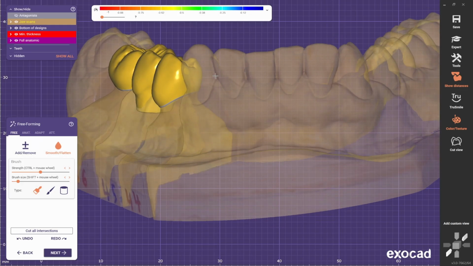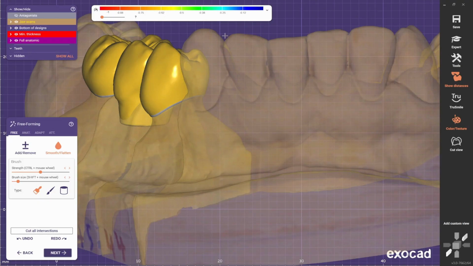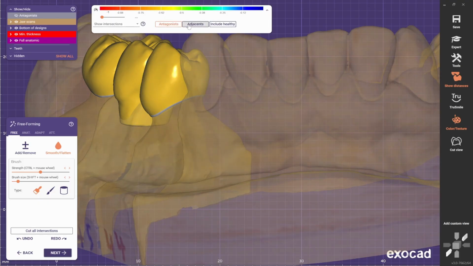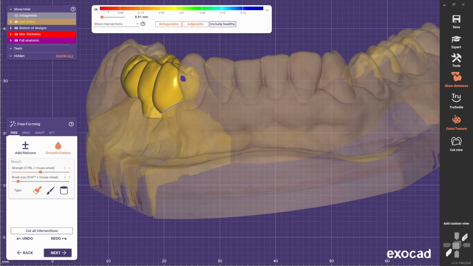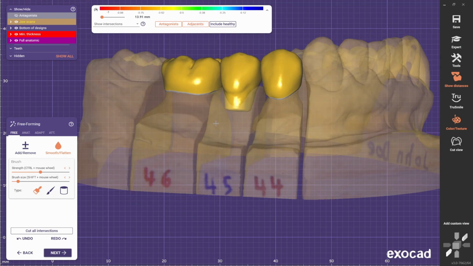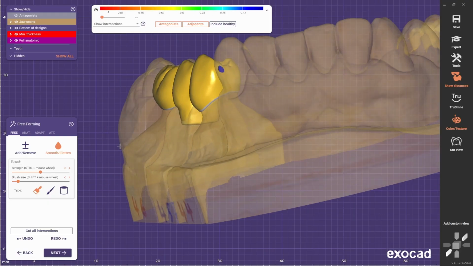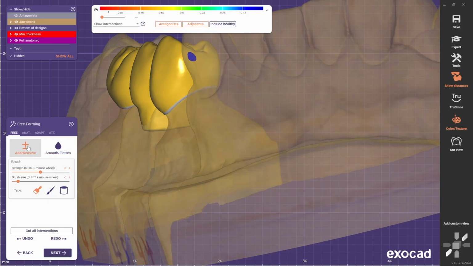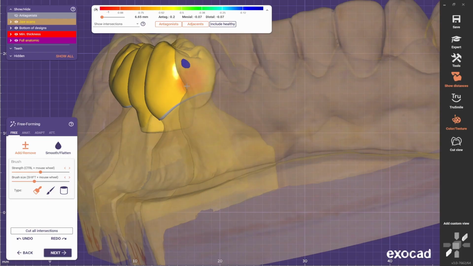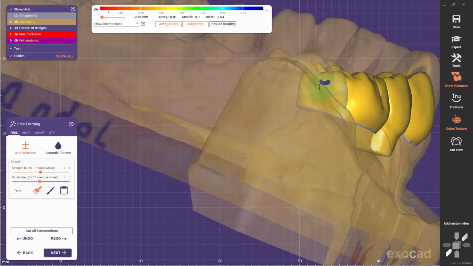If you want to have the contacts in color, you can come here to this section and select Adjacents, and you're going to see clearly where the contact is. And as you can tell, the contact area is very small. So usually what I like to do is come with the Add tool and make a bigger contact there, like this,